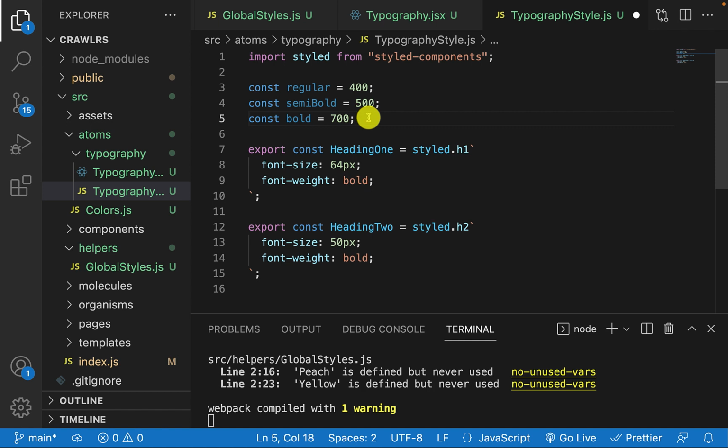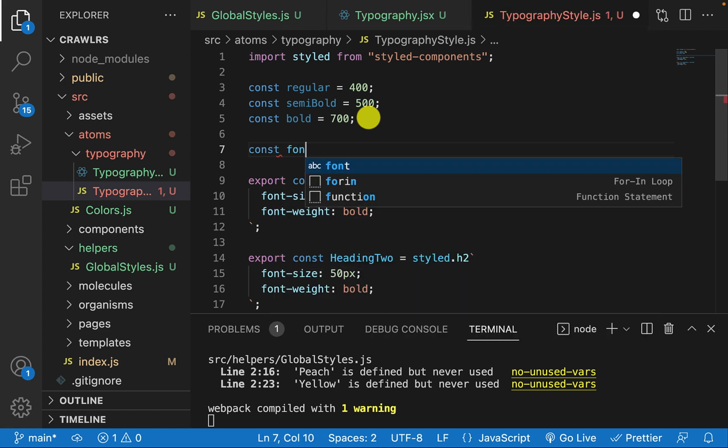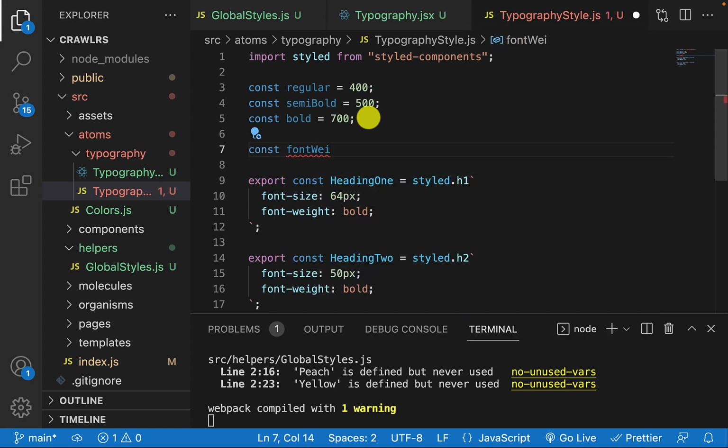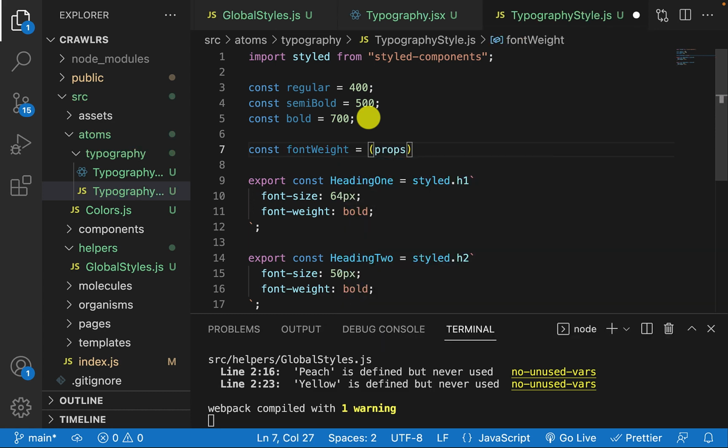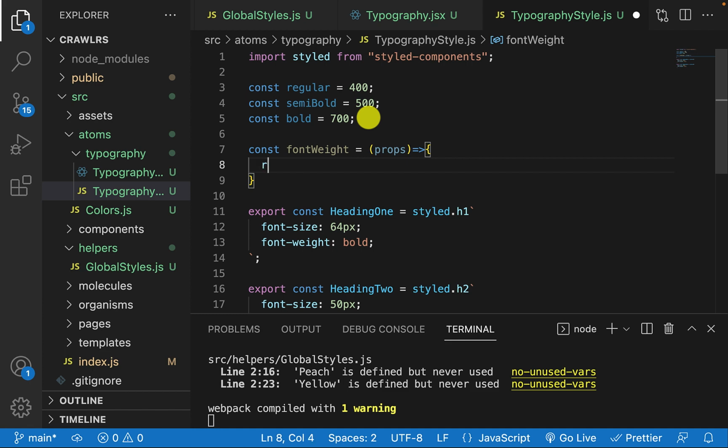Once we have that there, the next thing I'm going to do is to create another constant again. Just watch what I'm going to do. I'm going to say constant font weight. Constant font weight is equal to, so this is going to be our props. I'm going to pass in our props here, and normally when you're using stuff like this, you always pass props. So I'm going to return